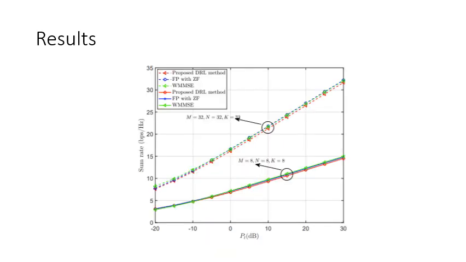So after going over the implementation, I'll now briefly cover the results. So these were produced in a simulation and compared the method to two commonly used methods. It can be seen on the graph that in terms of the capacity, which is on the y-axis, the deep reinforcement learning method performs close to or better than its benchmarks. Furthermore, it matches these benchmarks over the number of elements and a number of users as well as the transmitted